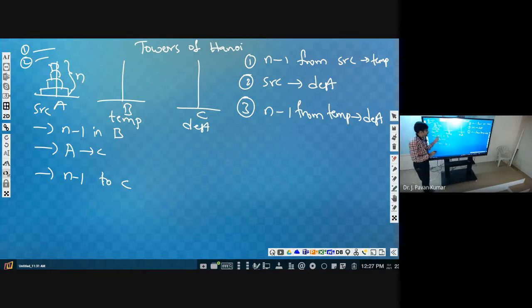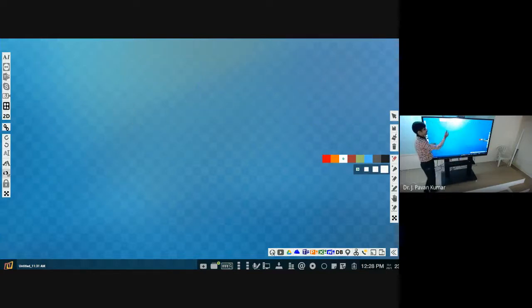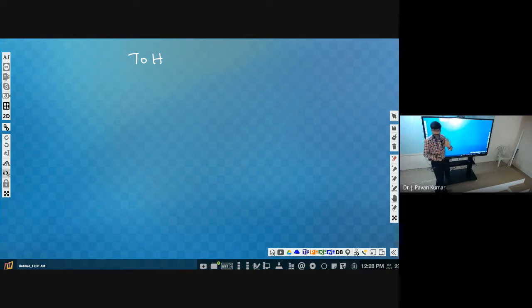Okay. Now let us try to define it, like earlier with factorial. Factorial we could solve in terms of the same kind of subproblem. The Fibonacci series we could also solve in terms of the same kind of subproblem. Similarly here, Towers of Hanoi we can solve by using recursion. So let us consider Towers of Hanoi as the function. Like fact and FIB we have seen, similarly TOH, Towers of Hanoi. Initially, the requirement is that we have to move n boxes.